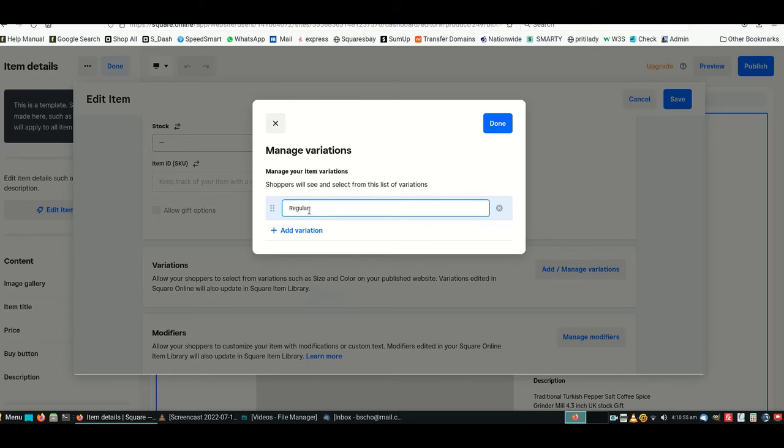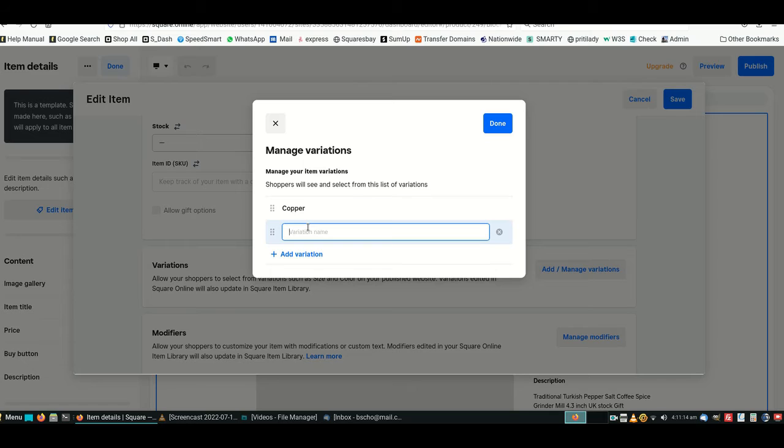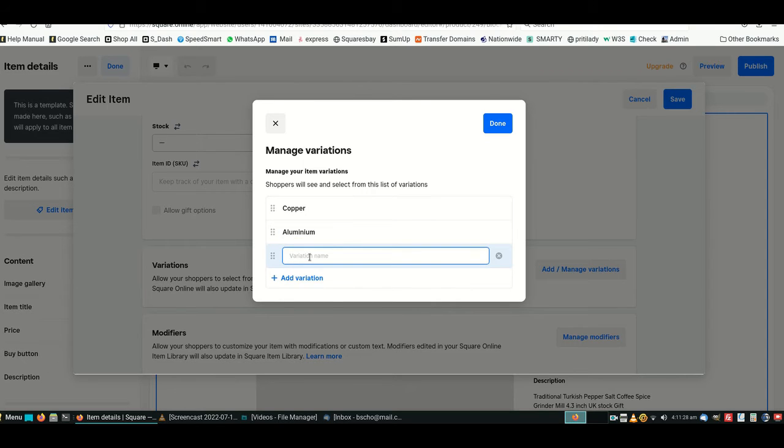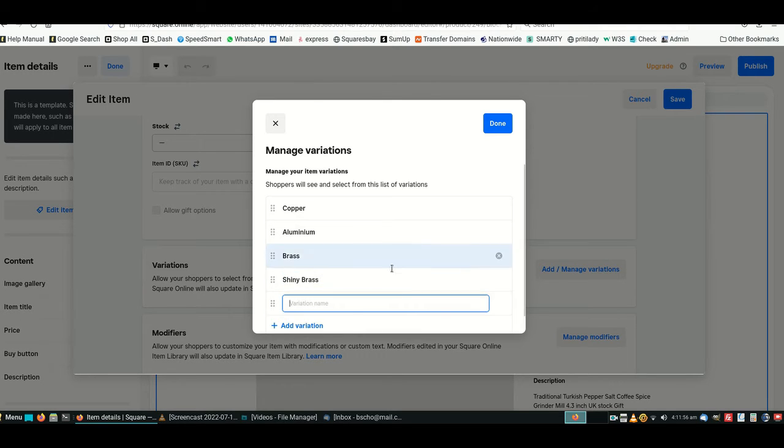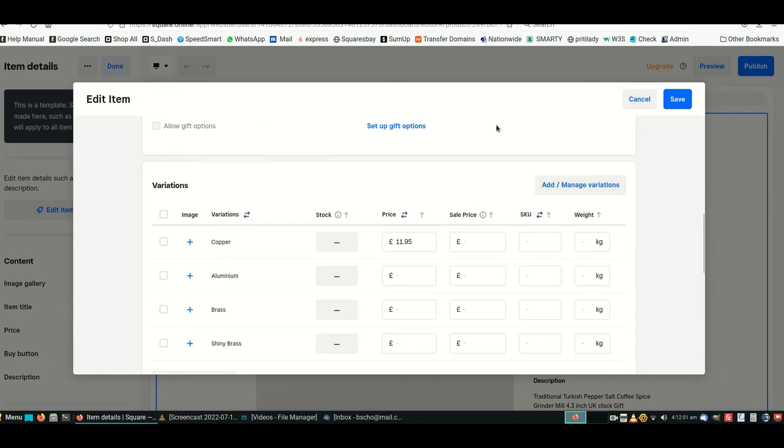We can do regular, we can change that to copper. Add variations, and we've got brass, and then we've got shiny brass, which we call shiny brass. Those are our 4 variations. You can add more if you wanted to, but we've only got 4 pictures. So now